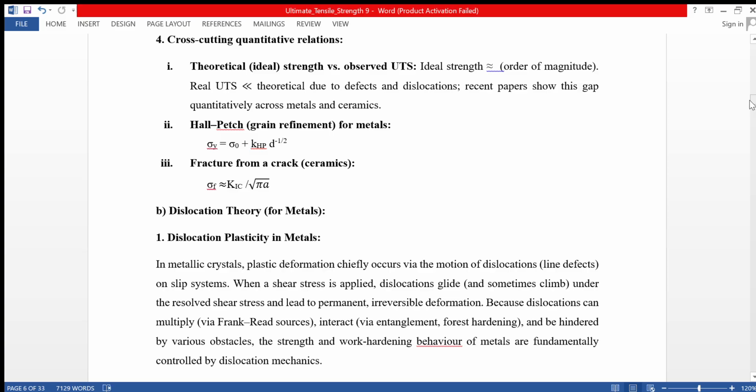Dislocation theory for metals. Dislocation plasticity in metals. In metallic crystals, plastic deformation chiefly occurs via the motion of dislocations on slip systems. When a shear stress is applied, dislocations glide under the resolved shear stress and lead to permanent, irreversible deformation. Because dislocations can multiply, interact, and be hindered by various obstacles, the strength and work hardening behavior of metals are fundamentally controlled by dislocation